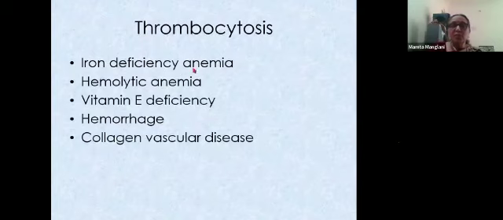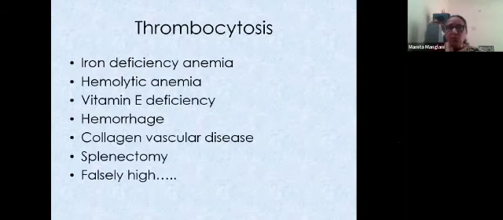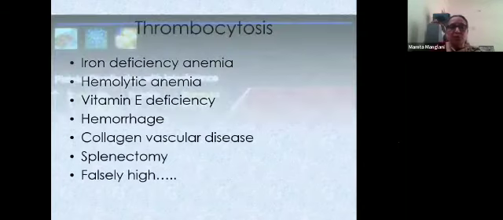Also in iron deficiency, sometimes it is not truly high. If you look at the smear, the platelets are not high, but the counter gives you a high report. That is because there are extremely microcytic RBCs which get counted by certain counters as platelets. But if you have a high-end counter, the Coulter counter, which uses the optical method to count the platelets, then you will not find this happening because of the small RBCs. But if they are truly high, they will show high. In splenectomy also, and falsely, as I told you, because of the microcytes.